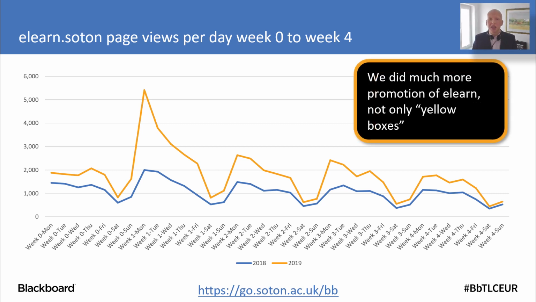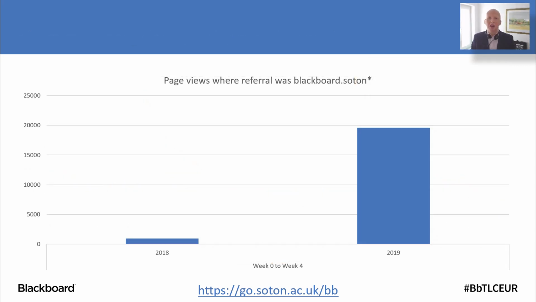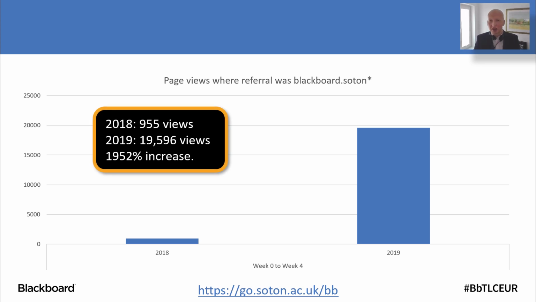We did also promote eLearn quite a bit in other areas as well, so I can't say that that whole increase was down to yellow boxes, but Google Analytics allows us to identify what's called the referrer. So we can tell when someone clicked on a link in Blackboard and arrived at eLearn. Google Analytics tells us that they followed a link from Blackboard, and that's our Blackboard, not someone else's Blackboard. As this graph shows, we had a massive increase in referrals from Blackboard to eLearn, an almost 2,000% increase,